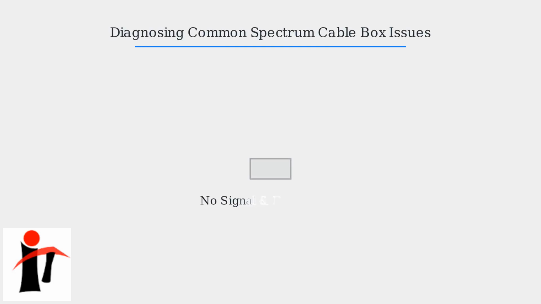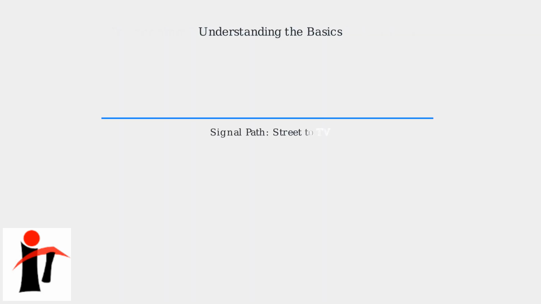Experiencing a blank screen or error messages on your Spectrum cable box? Let's troubleshoot common issues like no signal and error codes. First, understand the basics. A no signal error often means a break in the signal path from the street to